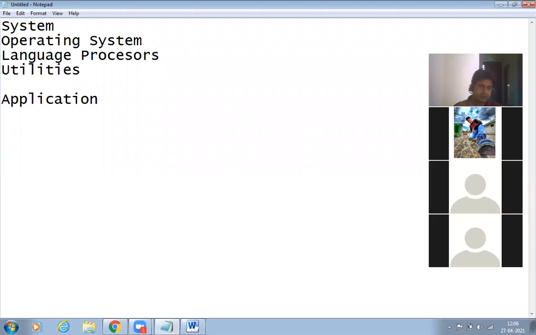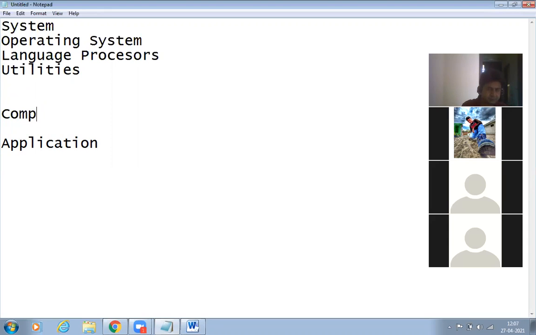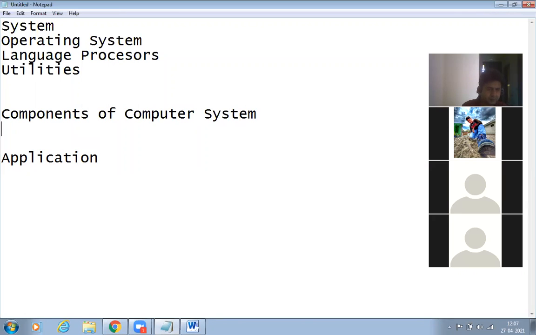There are some important components of a computer system. Number one is hardware. Second is the operating system.